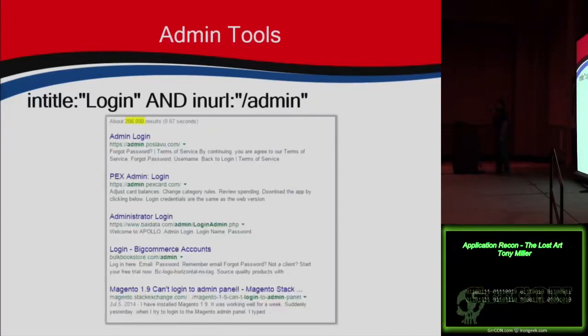That helps sometimes too. But you can see I've got admin logins for all sorts of cool applications here, and 206,000 results. They're out there to be found. So maybe I'm testing that SSO page, and it looks great, but that's all it is. I now put in that site and say, hey, find me admin in the URL and login. Now I find that, and I didn't even need the vendor documentation. I could have found it just with Google.